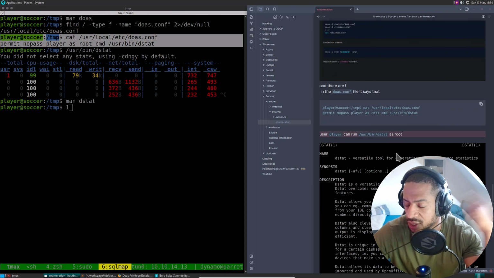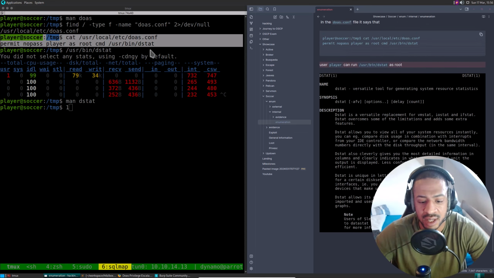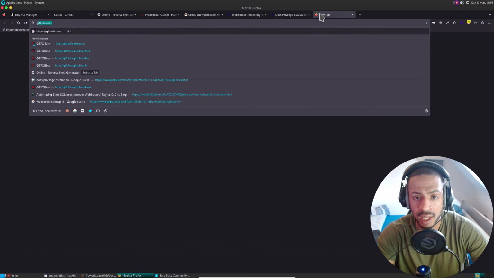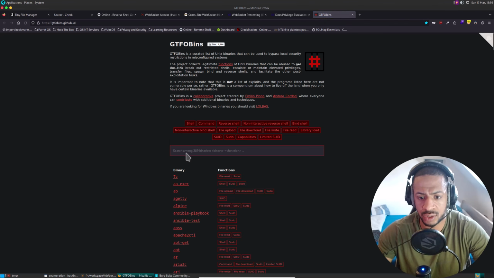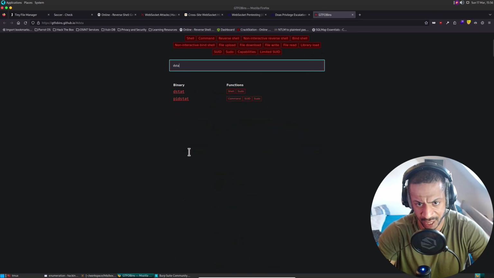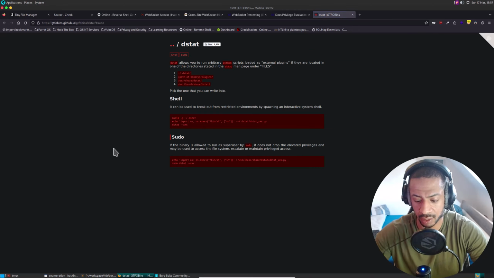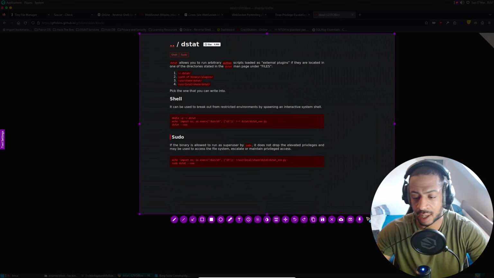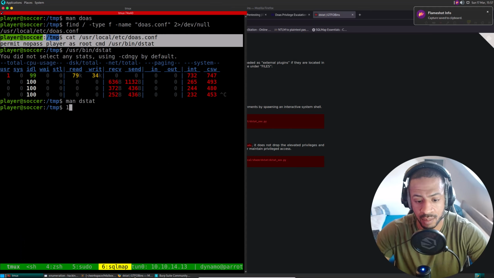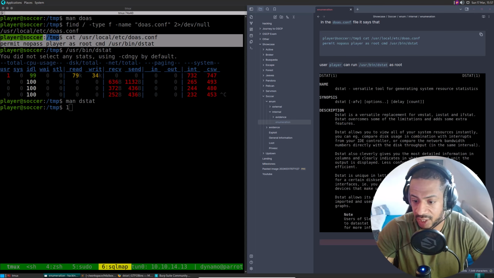And dstat is a versatile tool for generating system resource statistics. So let's see if there is sudo privilege escalation against dstat, because we can run that as sudo. And there is. Yes, okay. So this is probably how we are going to escalate our privileges. Amazing. Root incoming, boys and girls.